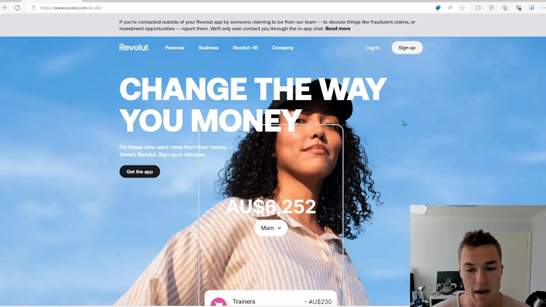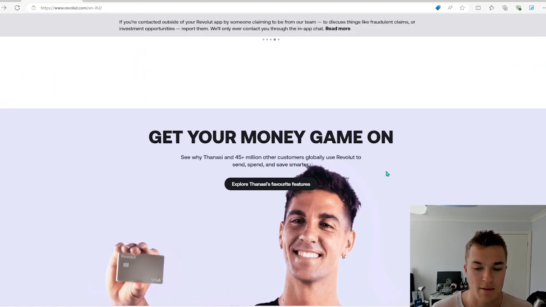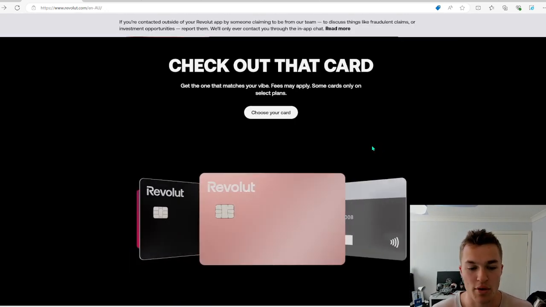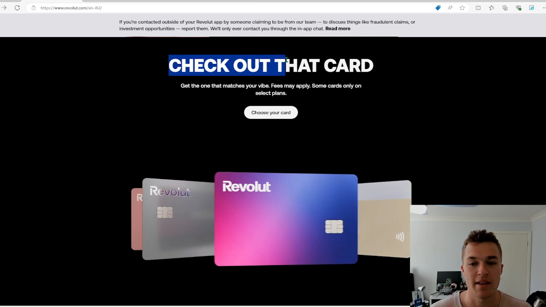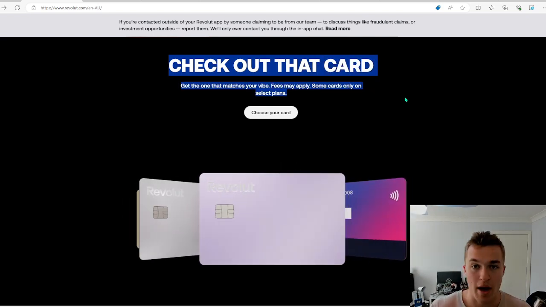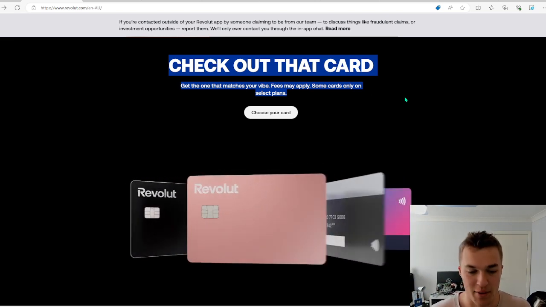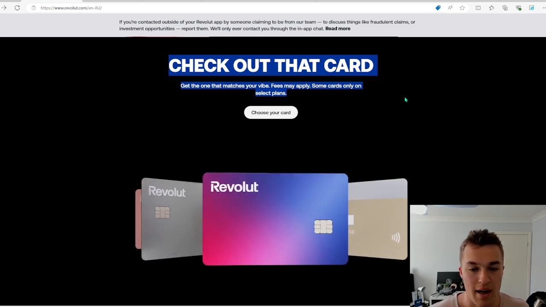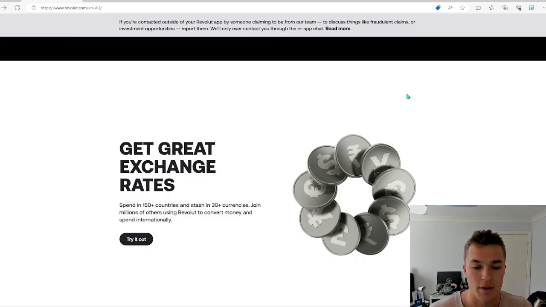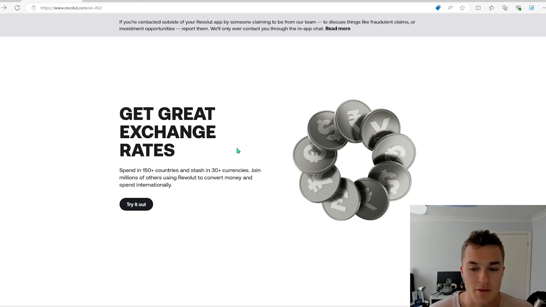If we just have a quick scroll down their homepage just to get an idea, "Change the way your money... get your money game on," sure, that's not really of any importance. But once we start getting into a bit more interesting things, check out that card, right? So they do have Visa cards. I have one of my own just here. I have the standard boring one, but better having one than nothing. So that obviously is spending money you can do through Revolut, and get a great exchange rate, so you can not only spend your local currency. So here in Australia, yes, I've got AUD on it, but say I go traveling and I want to spend a different